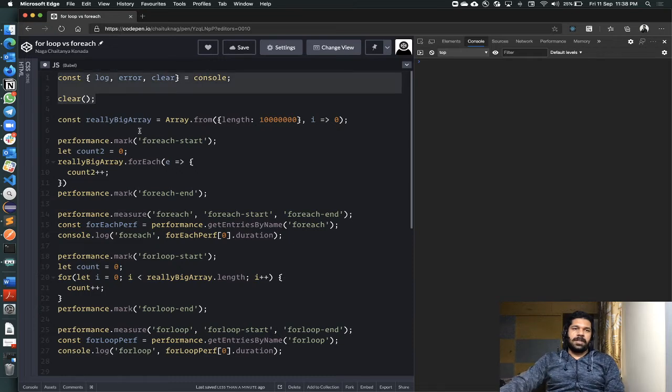First of all, this is some cleanup code to make my console cleaner, and then I took a really big array of items. You can see the length of these items is approximately 10 billion. Is it 10 million, right? It's not billions. This is thousands, this is millions, 10 million. So there are 10 million items in this array, and then each item is a